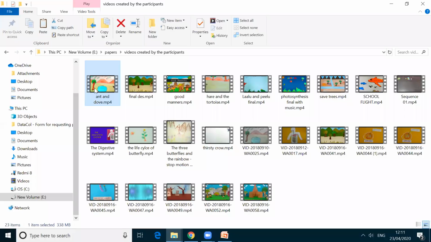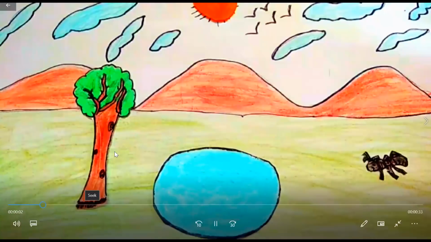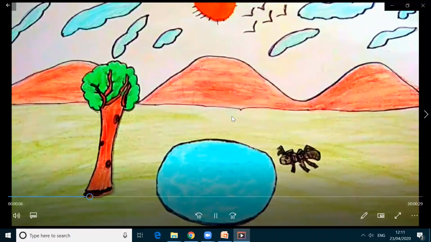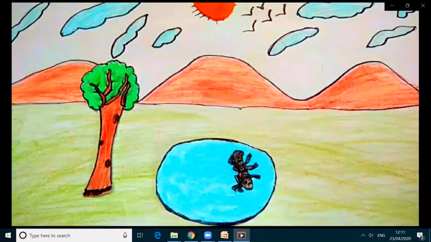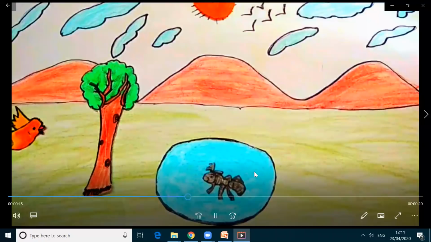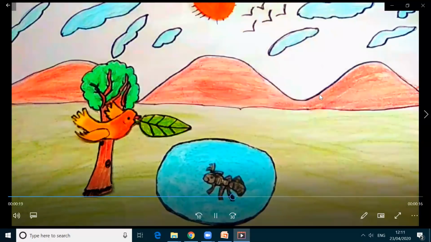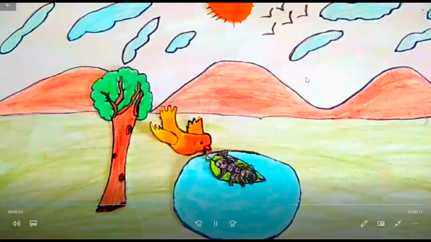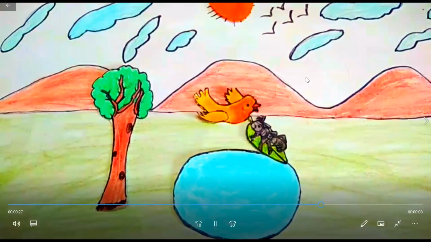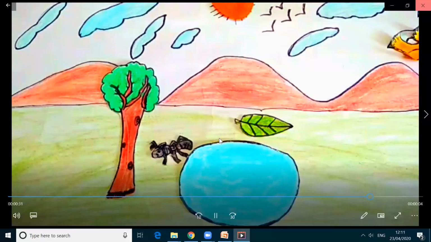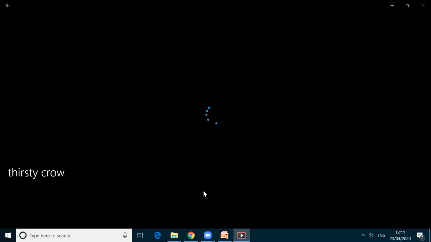And this one is also created by a kid. See, this one is also created by a kid.